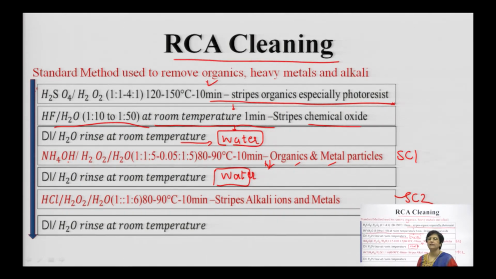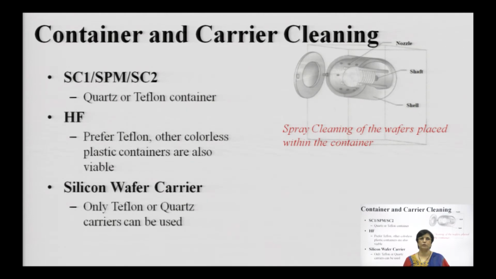It is called RCA cleaning because there was one company which named it and took ownership of this particular cleaning process, and therefore, it is a popular process which is used in silicon fabrication across the board, in factories and all the industries. It is widely accepted all over the world, and that is why it is very important, and it is given the name RCA cleaning. It incorporates all the other processes which exist, and it is a wet cleaning process.